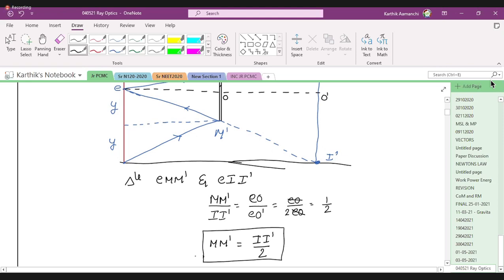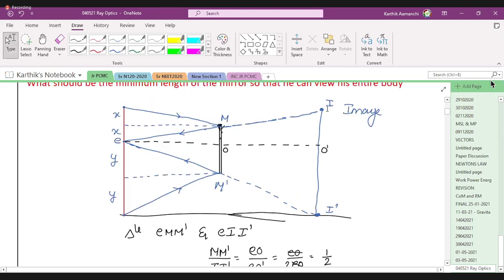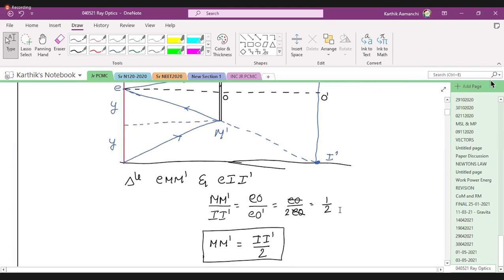1.5 by 2. We know for plane mirrors, the size of the image is equal to the size of the object. So this is your height. Height of boy divided by